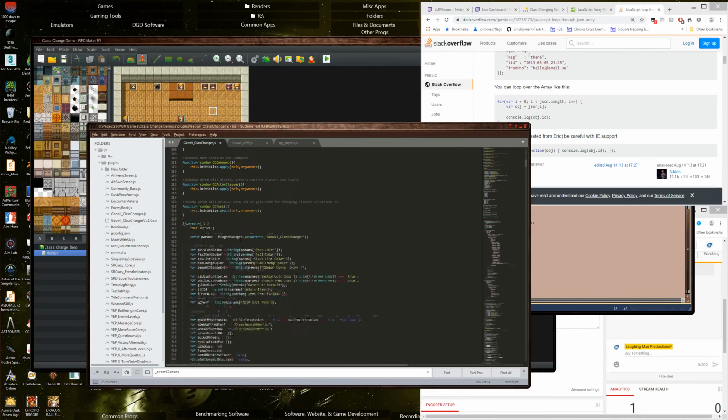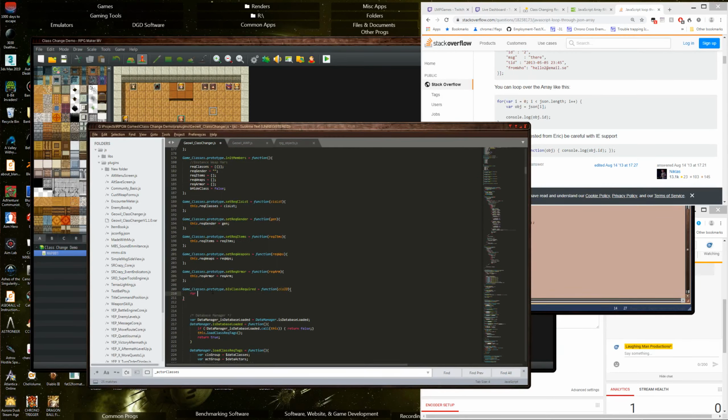Alright, where were we? We were up here somewhere. There. Okay, so for var i1 equals 0; i1 is less than classList.length. And then we can just access it like we normally would. So var